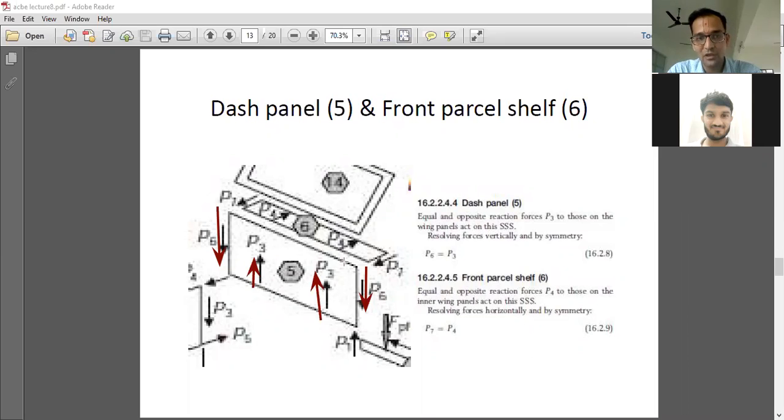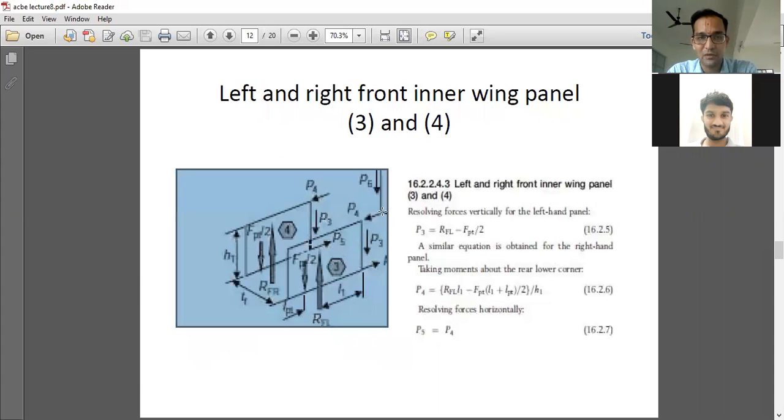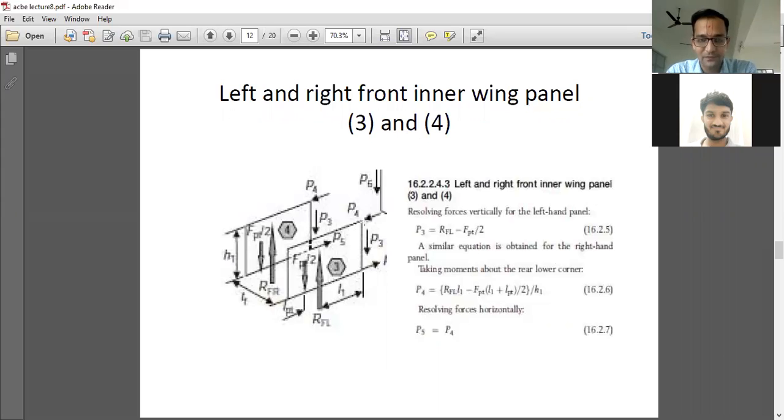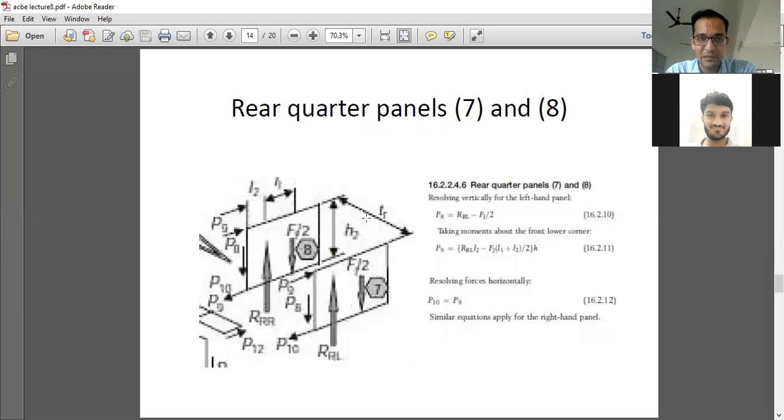So we are working on individual components like this. We are saying that P7 and P4 are in equilibrium for which component? For the front shelf. Now you will say, sir, from where have we got the P4 value? You can imagine over here, this is the reaction available from the frontal panels. So these are the P4s for our shelf. This is the P5 acting towards the front upper corner, right upper corner of the plate.